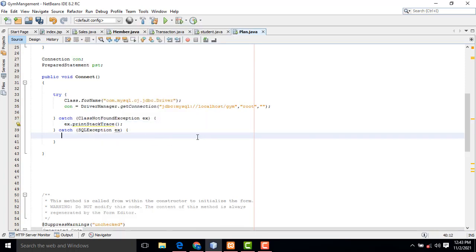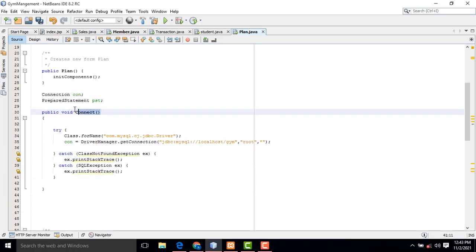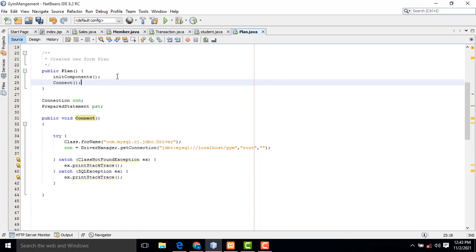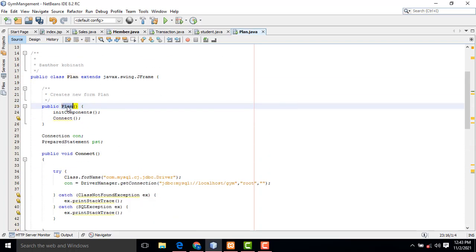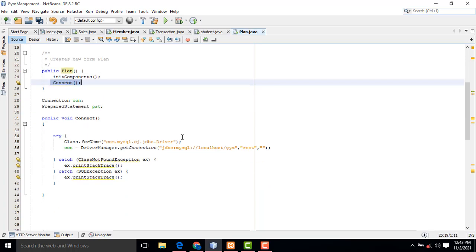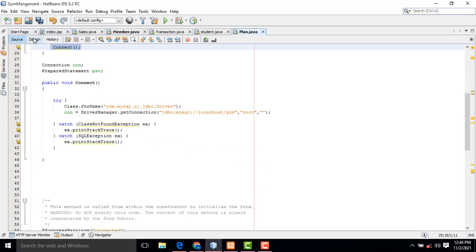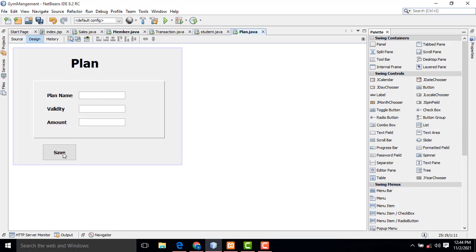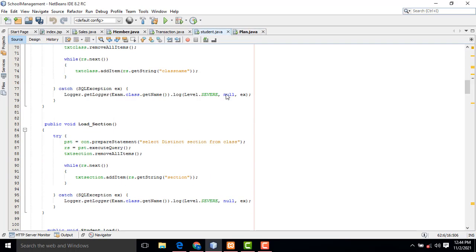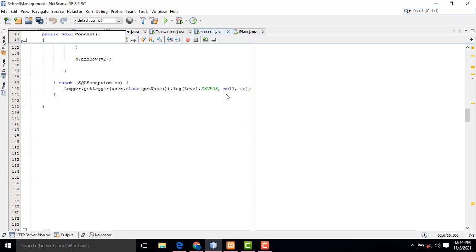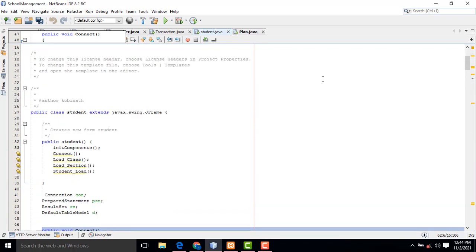We have a database which is gym, so you have to write gym. This is the user credential when you are logging into the system: root is the username, the password is blank. If there is any error, you can write e.printStackTrace. The same thing, Control C to copy, Control V to paste here as well. This method we have to call when the project is loaded. Control C to copy, Control V to paste here.